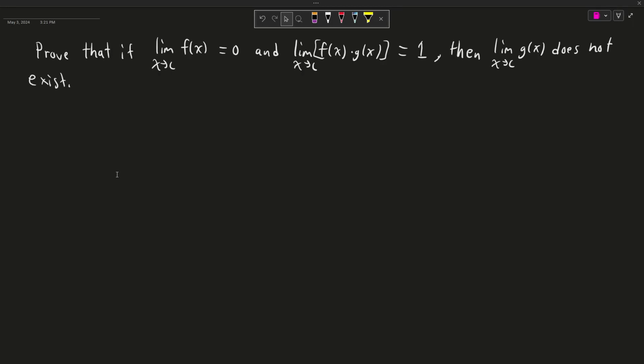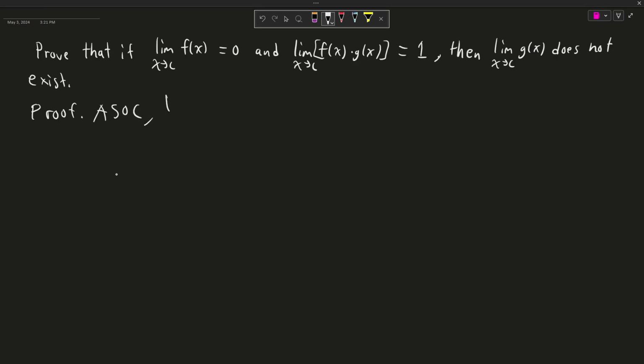Okay, so here we're going to prove that if the limit as x approaches c of f of x equals 0 and the limit as x approaches c of f of x times g of x equals 1, then the limit as x approaches c of g of x doesn't exist. So how we're going to prove this is by assuming for contradiction